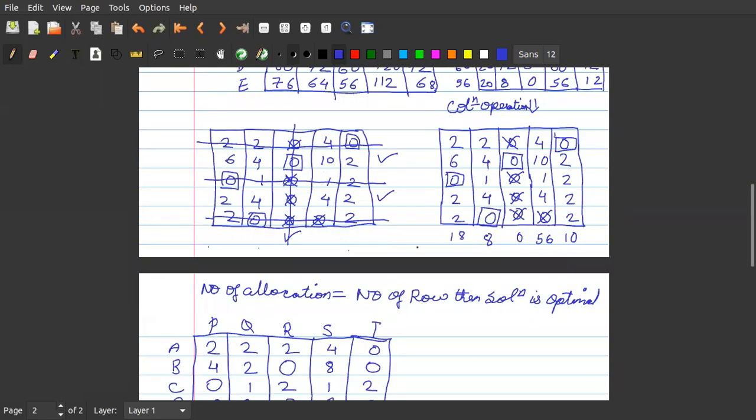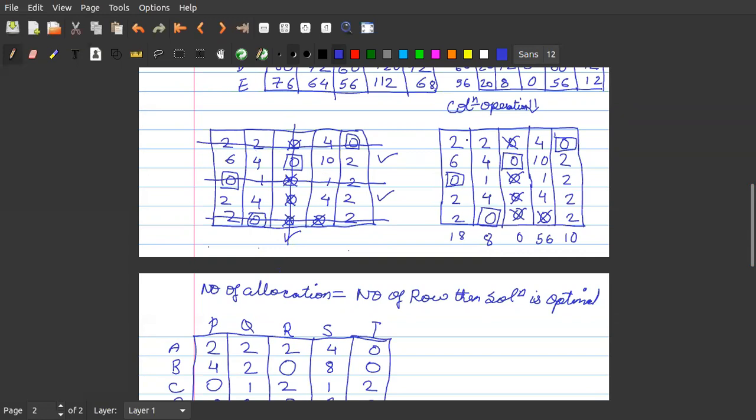From this matrix, we have marked the row in which there was no assignment. So we have marked this row. In this ticked row, we have marked a column where we had the 0. So here it was a 0, so I have marked the tick here. In this ticked column, we have seen where there was an allocation. So there was an allocation in row 2, so we have marked the tick in row 2.